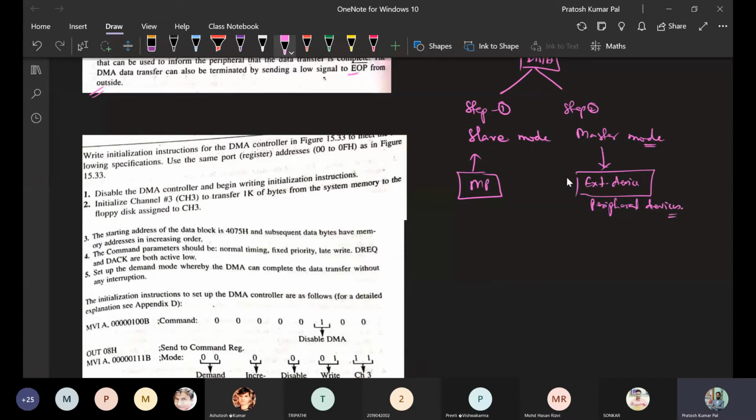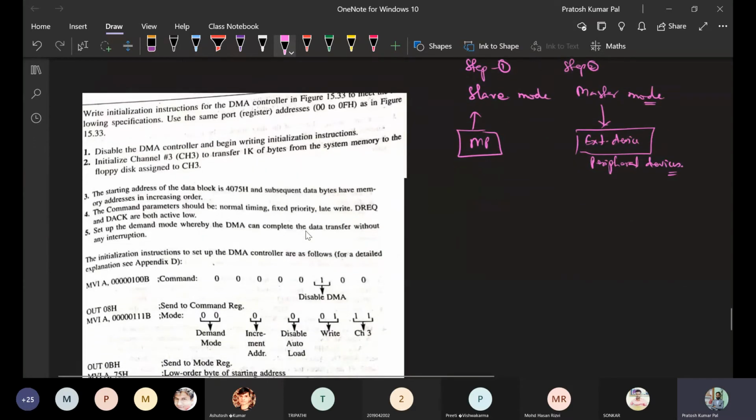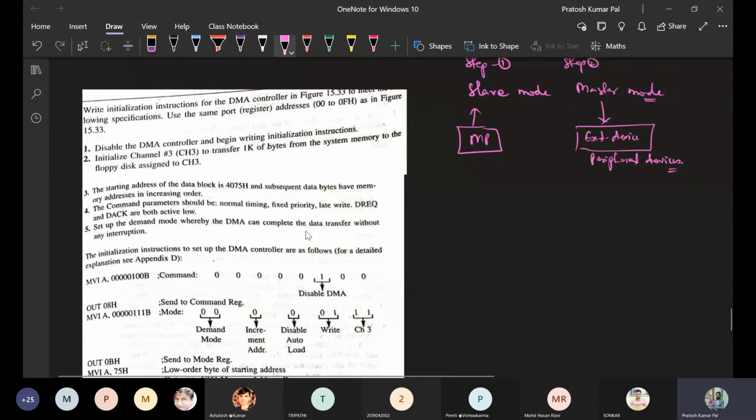Next we will see that example. In that example, some DMA initialization instructions need to be run, like how the initialization is done by the microprocessor for the DMA controller.